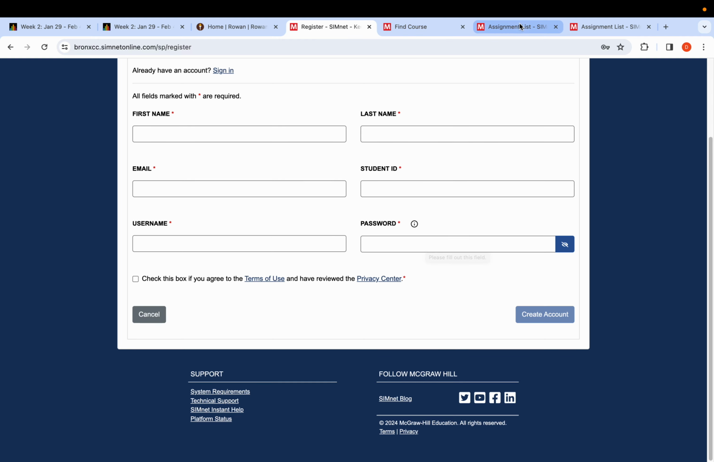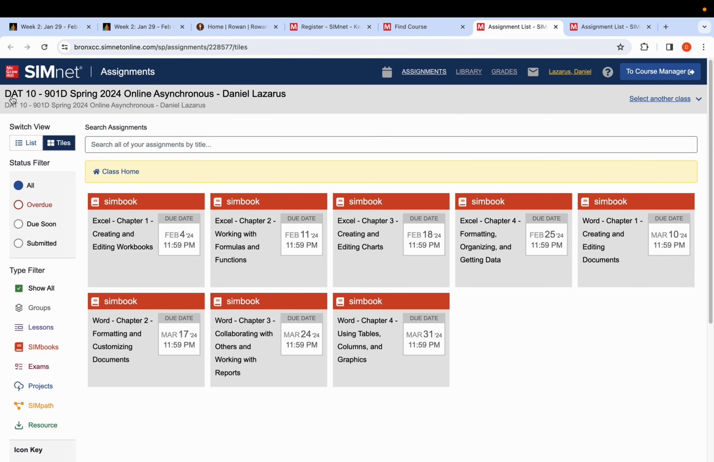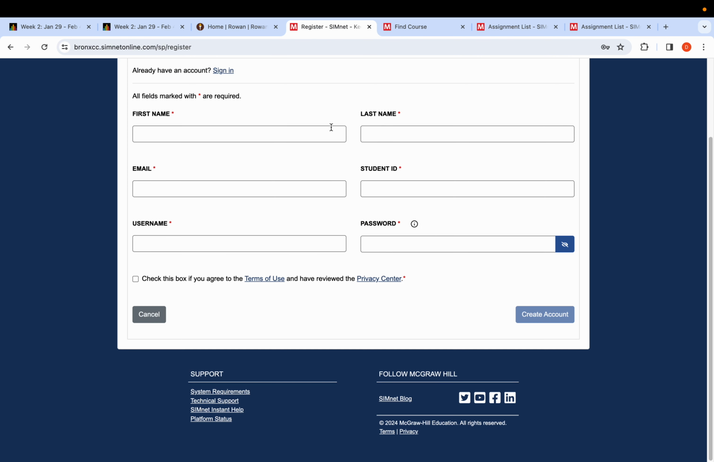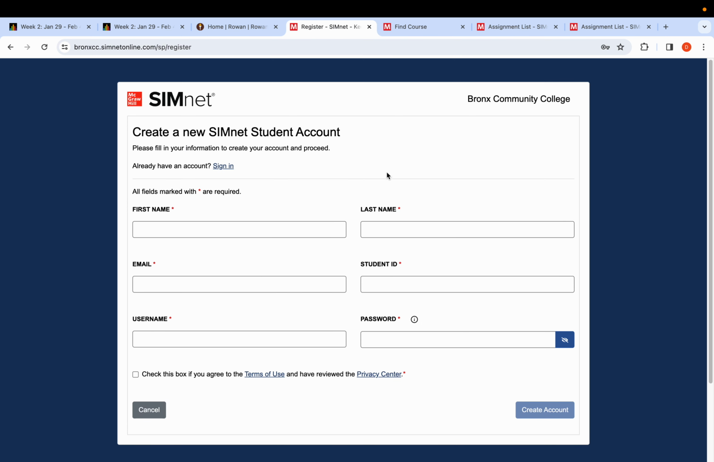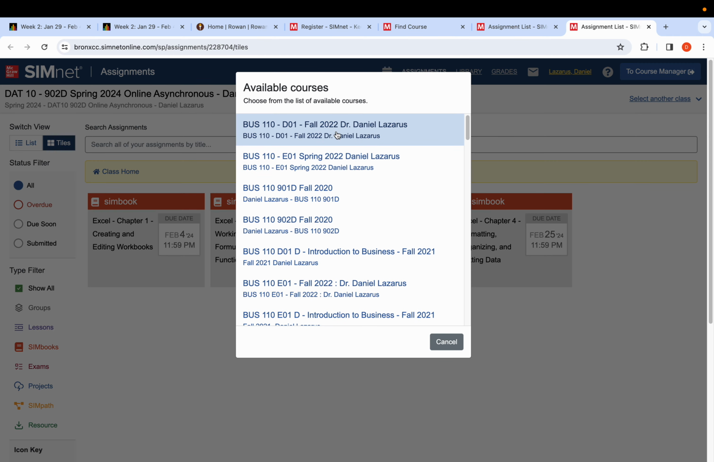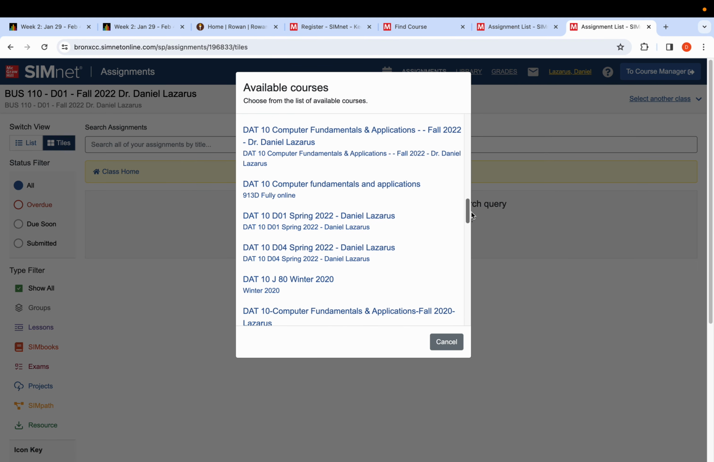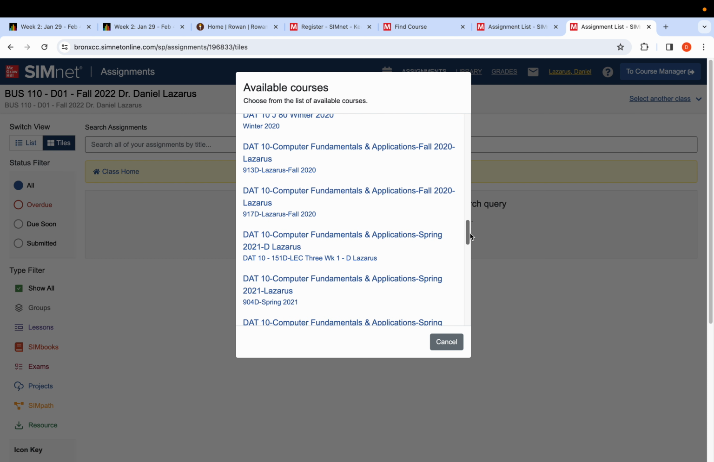And then select your classes. When it says select your class, make sure you select your appropriate classes. If you are in the Data 10 901D class, select that. Or if you are in the 902D class, please select that, okay? When you log in after signing in, if you see any other class, let's say a different class like fall 22 or fall 2023, because you might have taken other classes, click on this, select another class, and then go back and select the correct class, which is Data 10 90